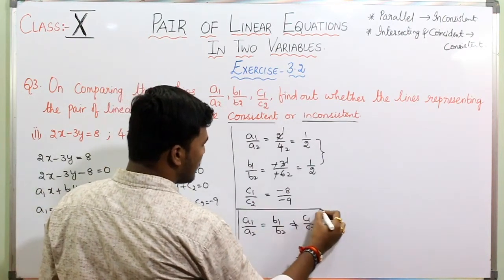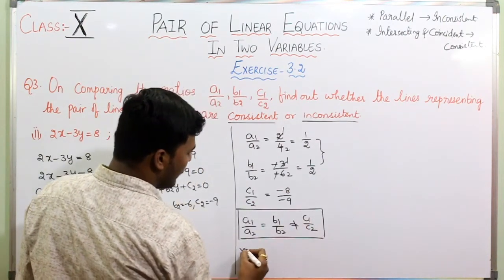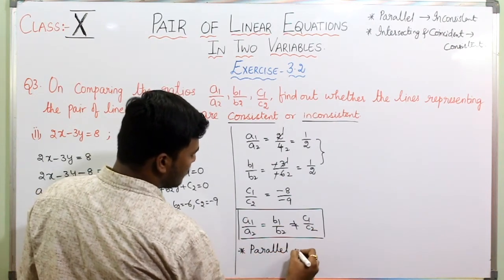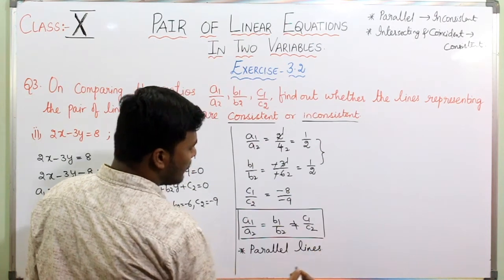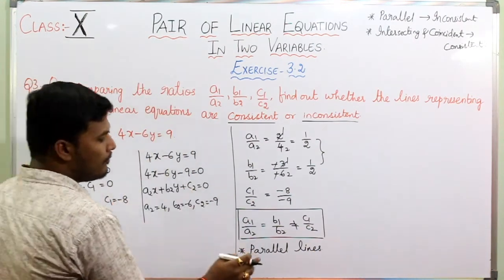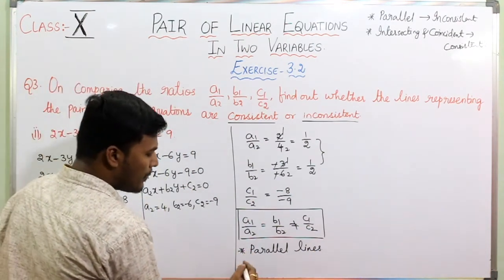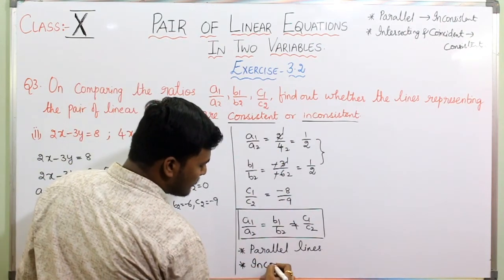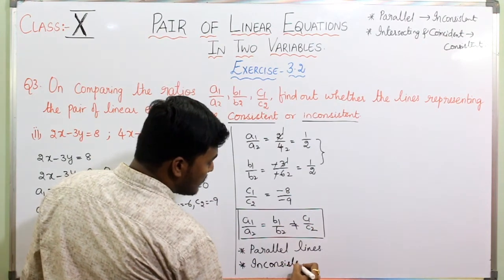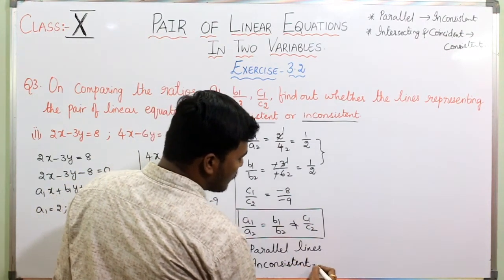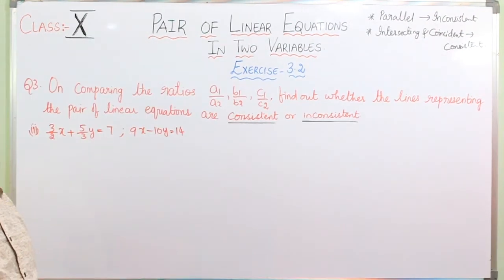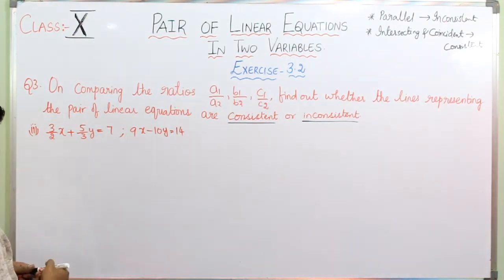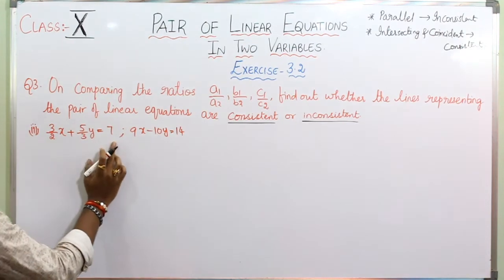So this condition is nothing but for parallel lines. So therefore the lines are parallel. Okay, the two given linear equations will form parallel lines. As they are forming parallel lines, hence therefore they are called as inconsistent, because parallel lines will not have any solution. Now the next problem, that is third one, 3 by 2x plus 5 by 3y is equals to 7,